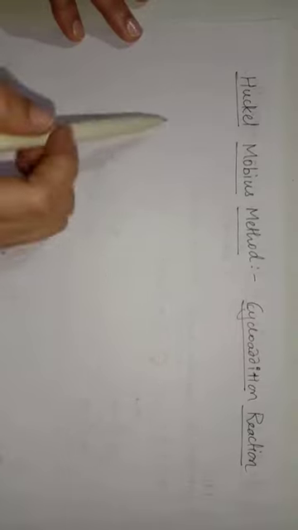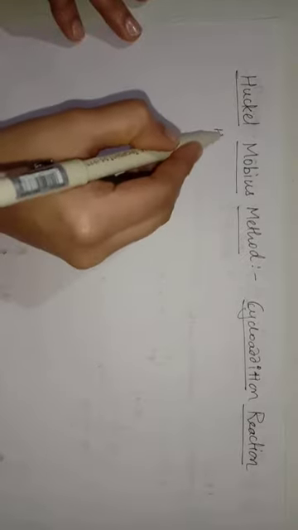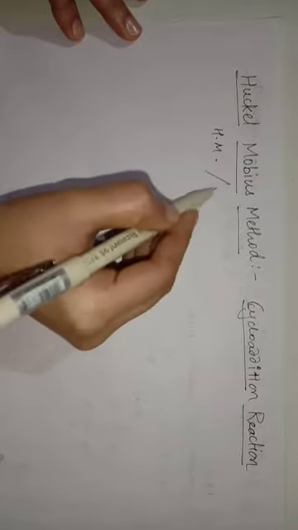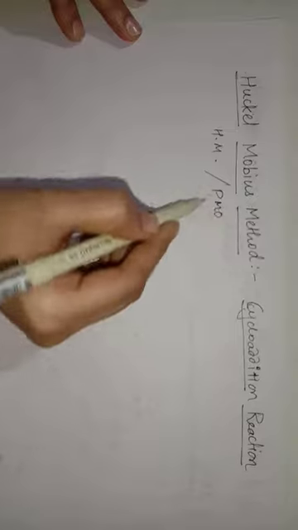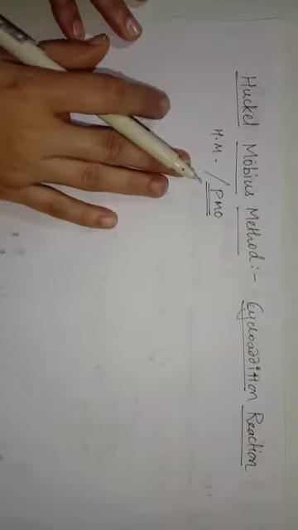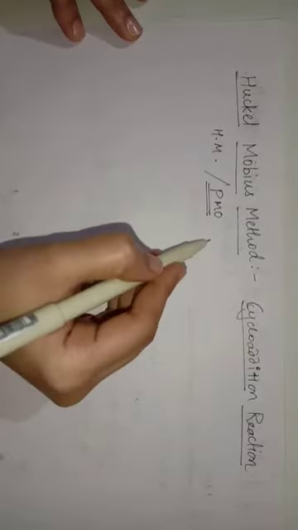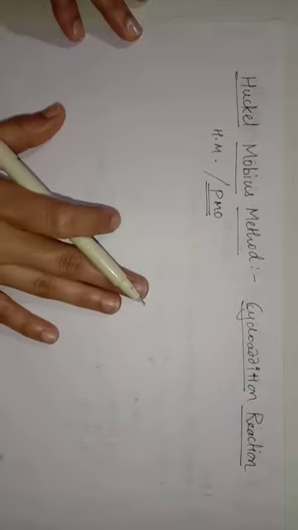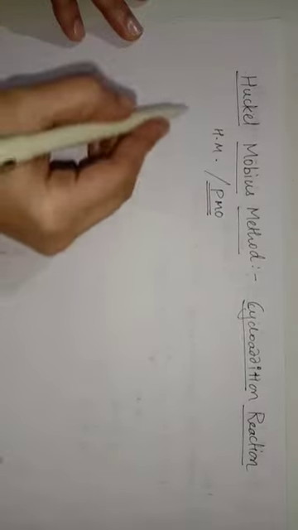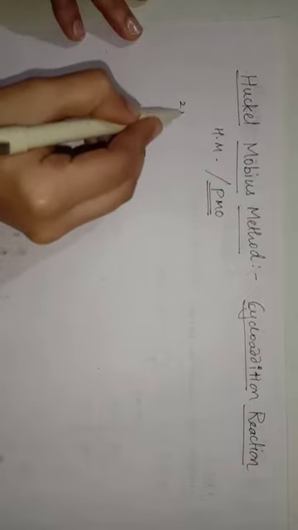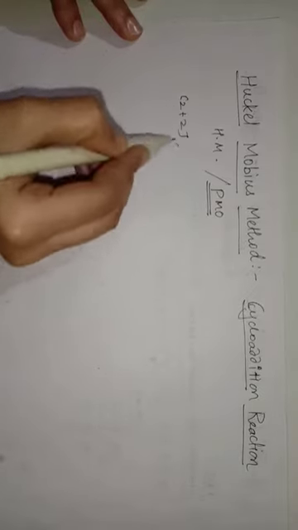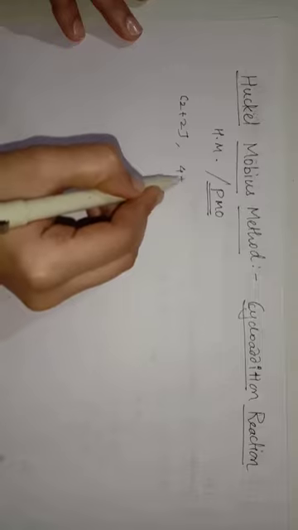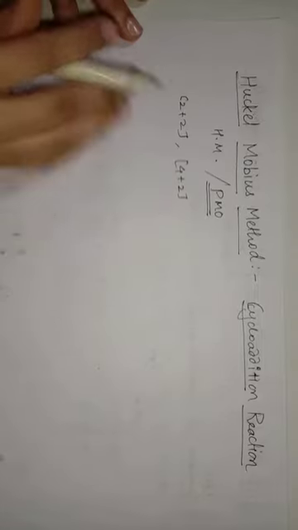So we have already discussed this HM method, that is the Huckel-Mobius method, or you can also say perturbation of molecular orbital theory. By using this method, we have already concluded about electrocyclic reactions, whether they are possible or not. In the case of cycloaddition reactions, take the example of the 2 plus 2 cycloaddition reaction, and one more we have already discussed, that is the 4 plus 2 cycloaddition reaction. Let's see one by one.